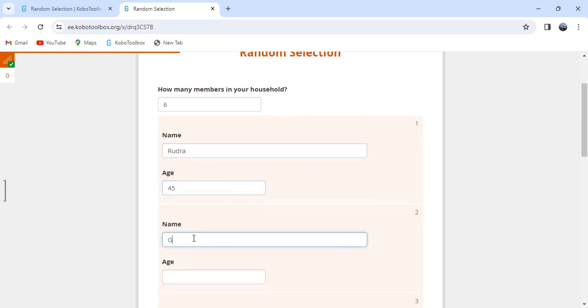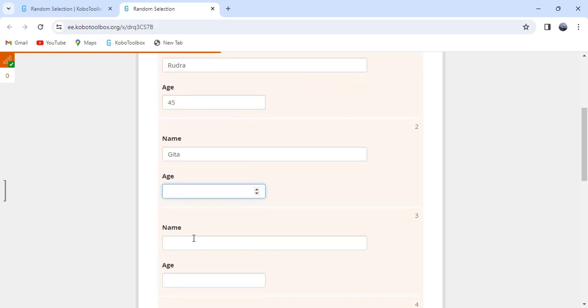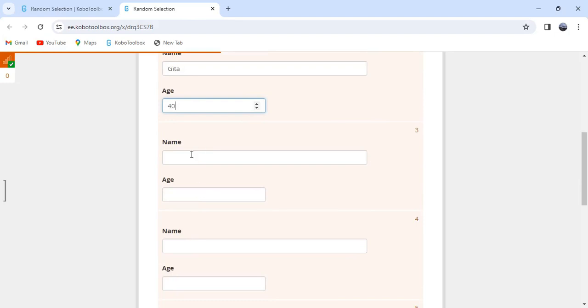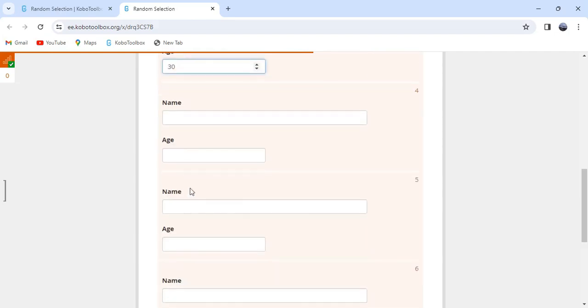Another one is Gita, 40. Another one is Radha, 30. Another one is Dogen, 23. Another one is Surin,